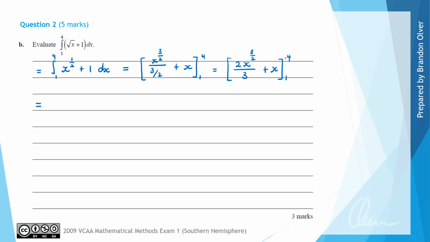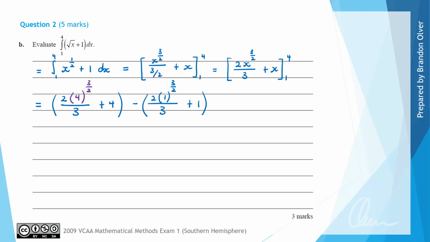If we sub in the upper terminal of 4, this becomes 2 multiplied by 4 to the power of 3 over 2, divided by 3, plus 4, and then we subtract away the antiderivative evaluated at the lower terminal, which is 1. So that's going to be 2 times 1 to the power of 3 over 2, all divided by 3,